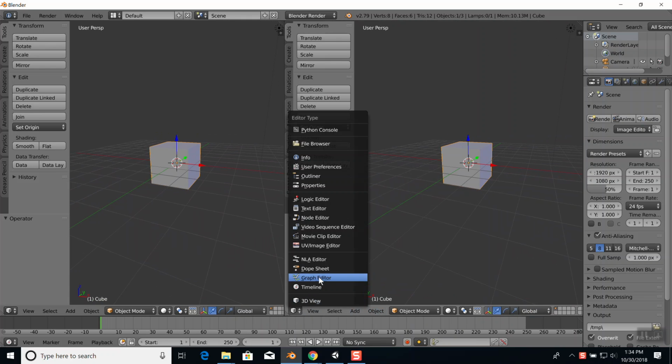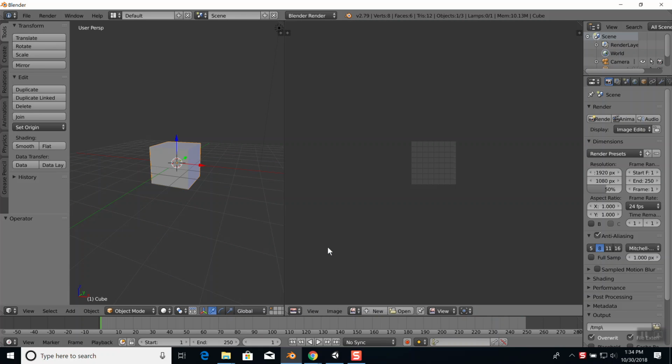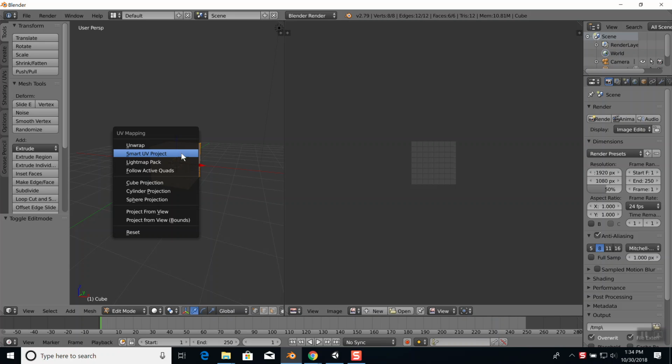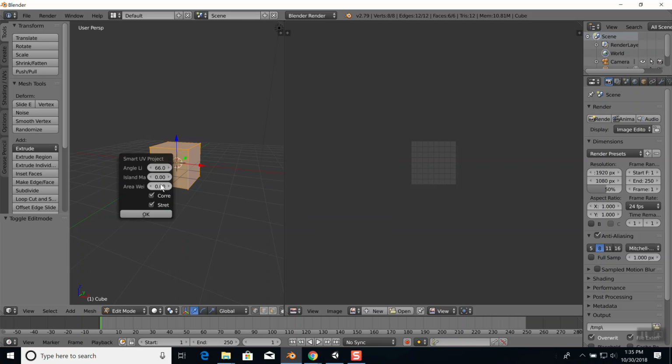This window I can choose UV image editor. Like that. Now over in this one, I'm going to go in my edit mode. And I have everything selected. And if I do U for UV mapping, there's unwrap, smart UV project, lots of different options here. If I do smart UV project,